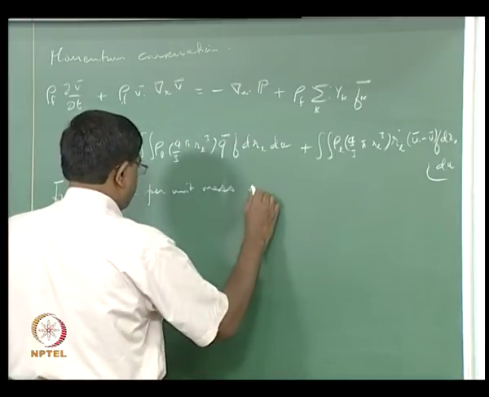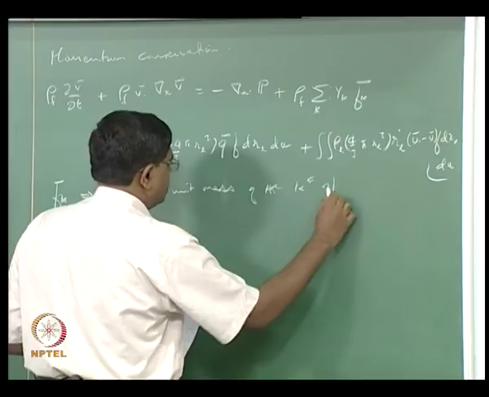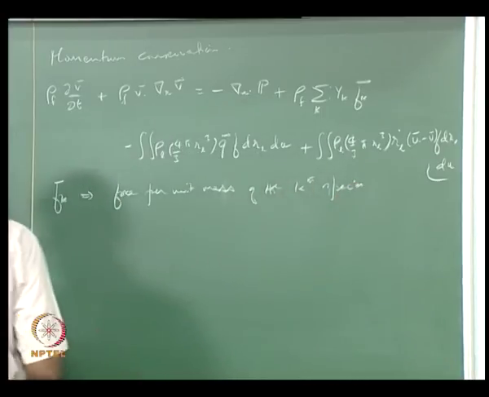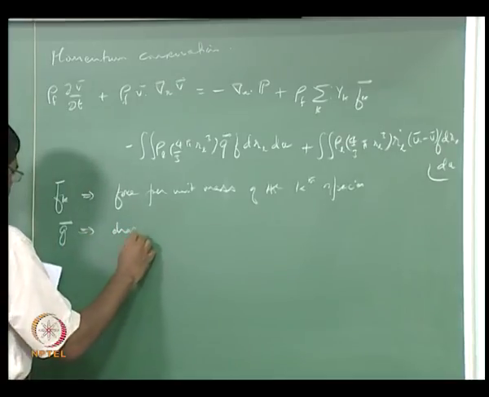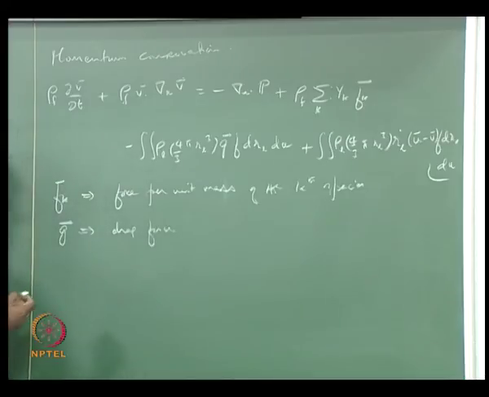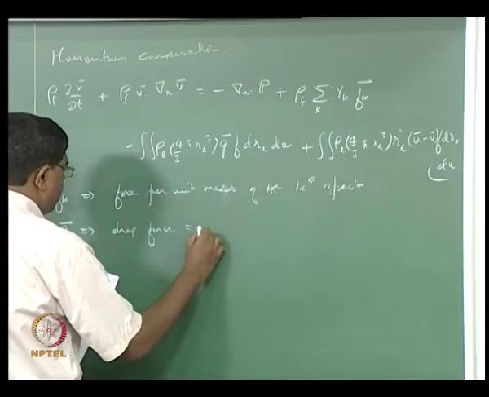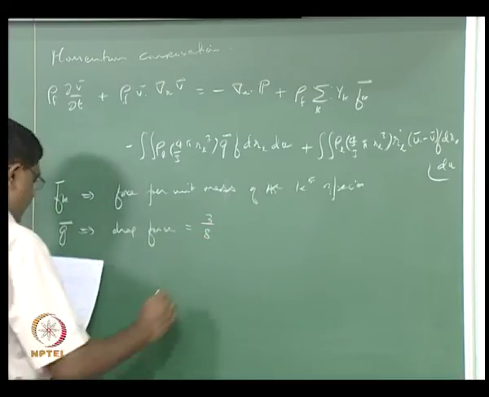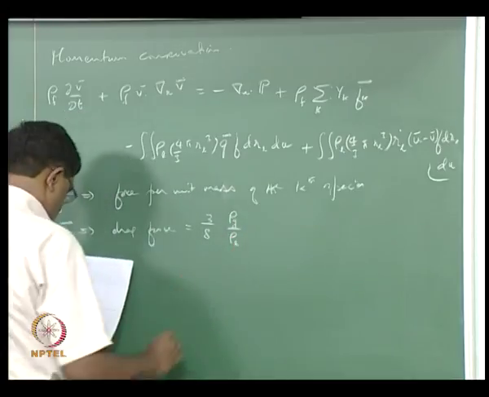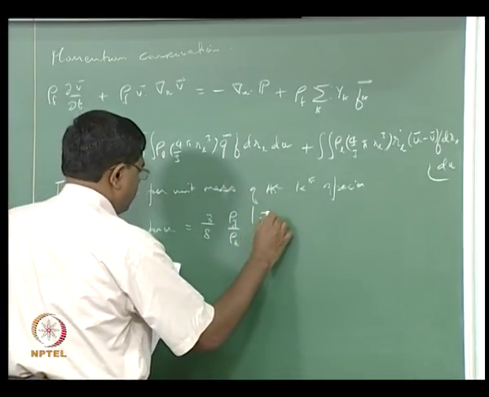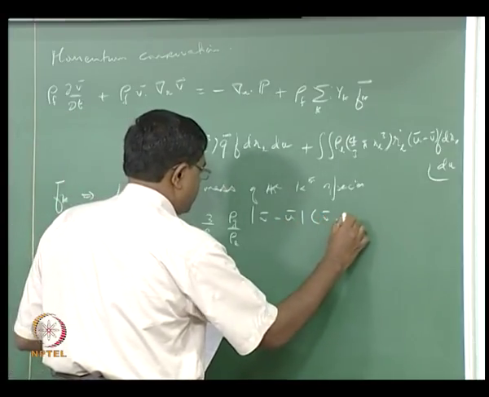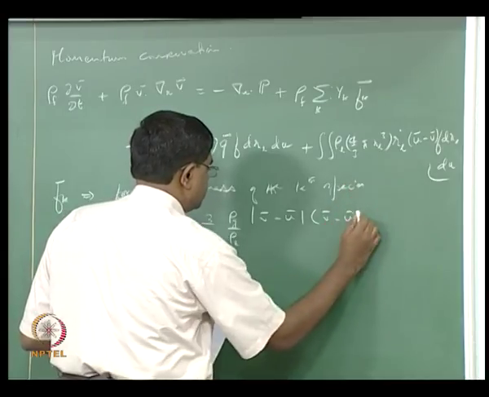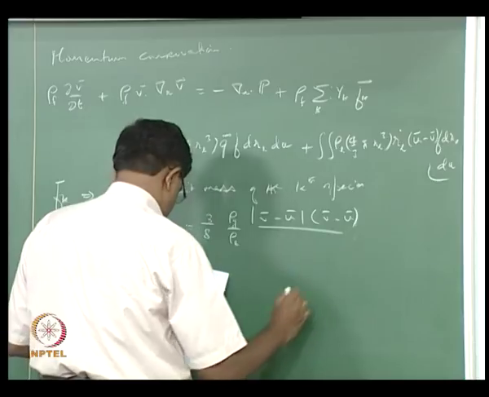Of the kth species, G is the drag force, that's equal to 3 over 8 rho G over rho L times the modulus of the relative velocity times the relative velocity to give you the direction, divided by RL